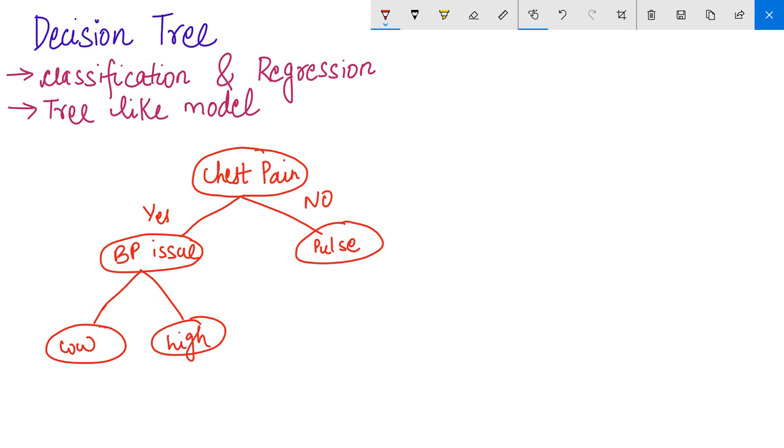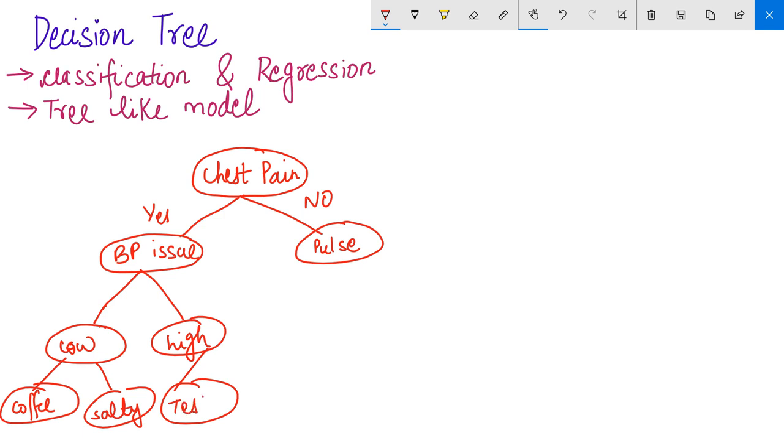If BP is low, he will suggest, let's say, drink coffee and eat salty foods, right? Whatever, I don't know. And if BP is high, he will suggest going for a test, or let's do an ECG as well